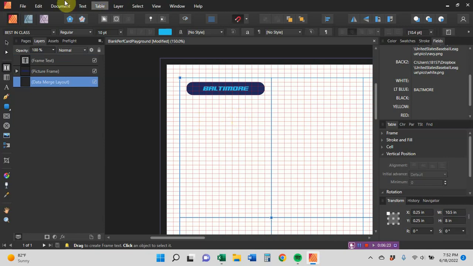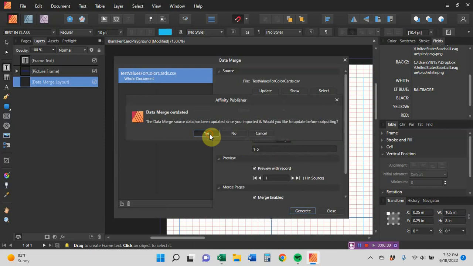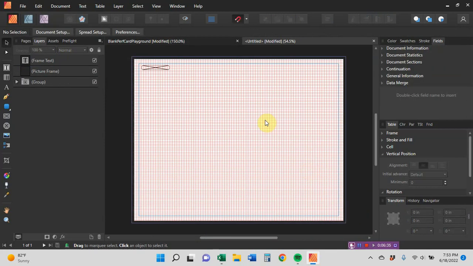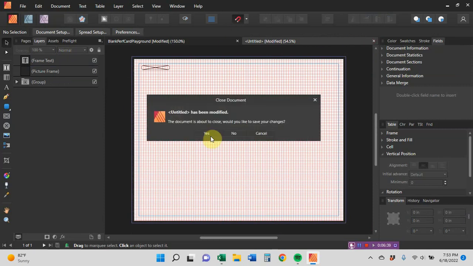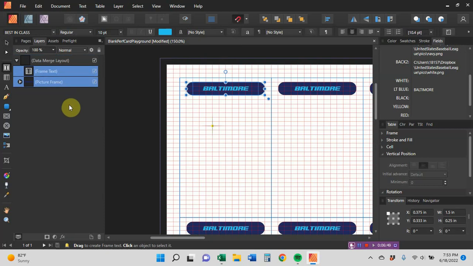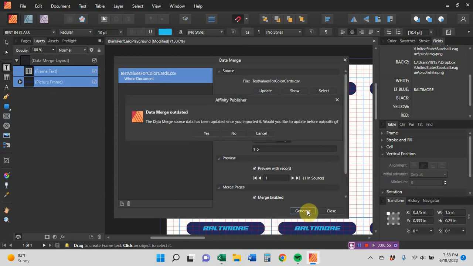But here's the problem that you have. We'll just quickly generate these records and show you what the final cards look like here. Oh, there's one thing I did forget to do. My bad. I needed to move both of these items underneath the data merge. There we go. And so when I go to create the document and I generate